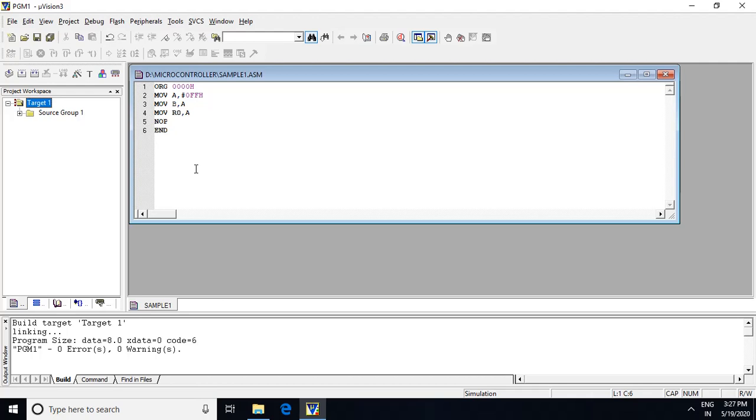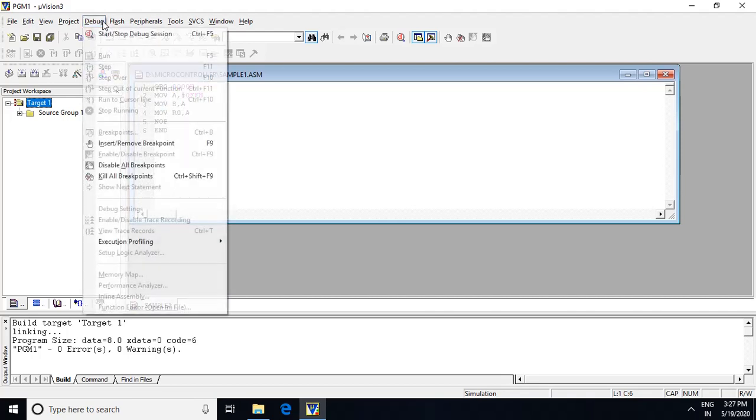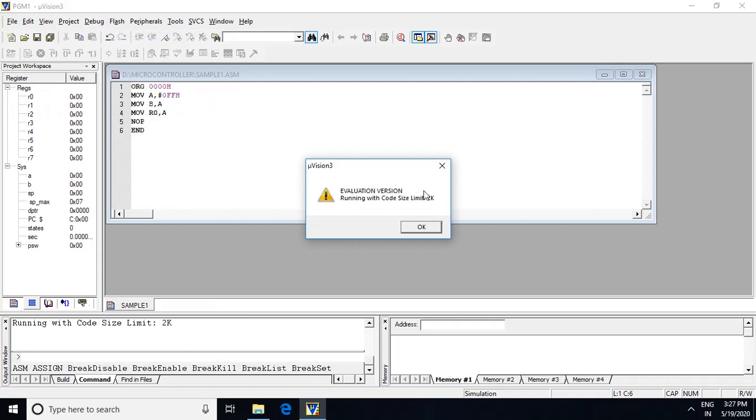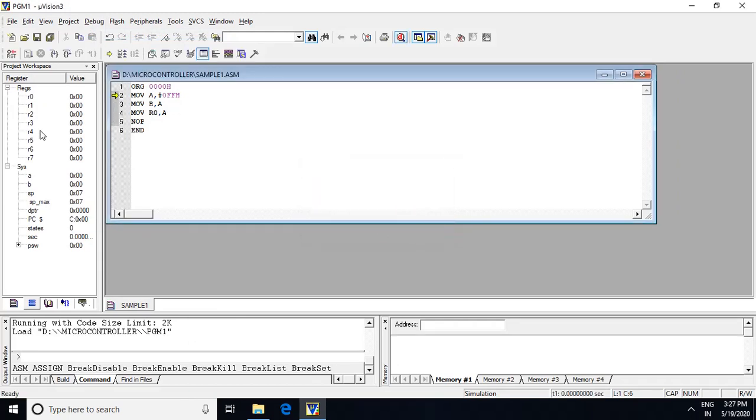Next you need to select debug and select start. Click OK. Now all the available registers in the microcontroller will be displayed here on the left side. We'll go for step-by-step execution, and let us see how the contents of the registers get changed.